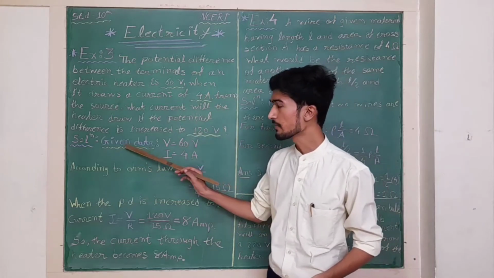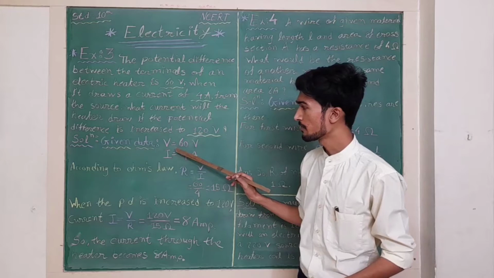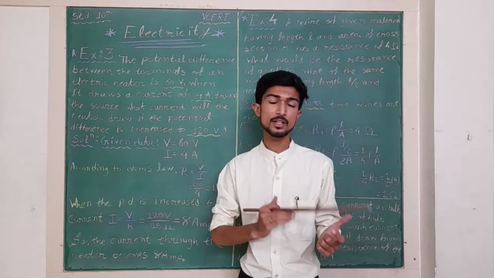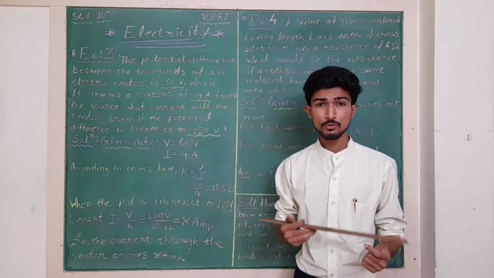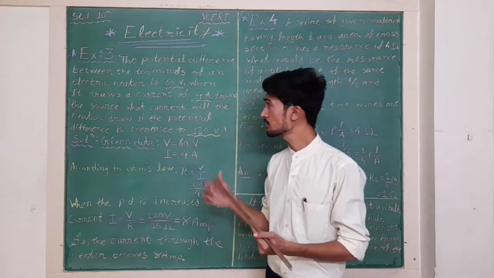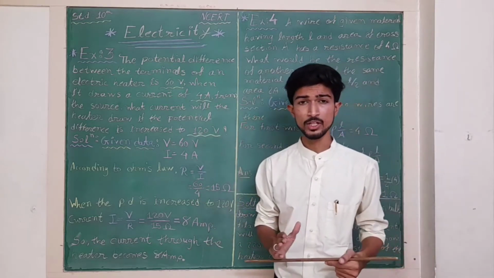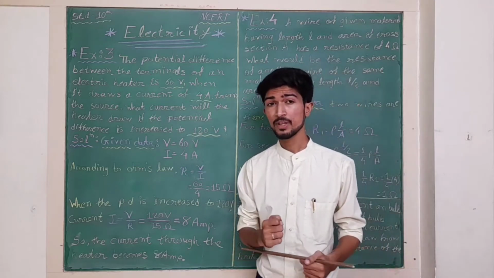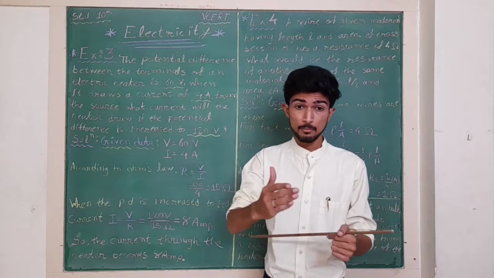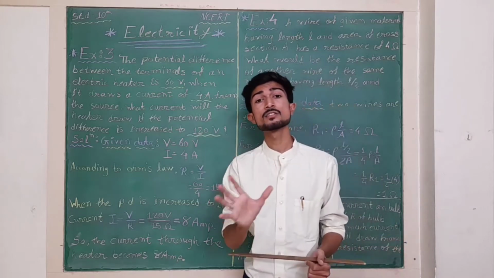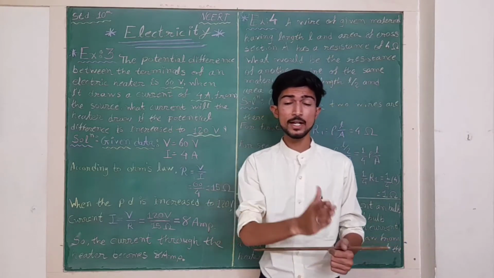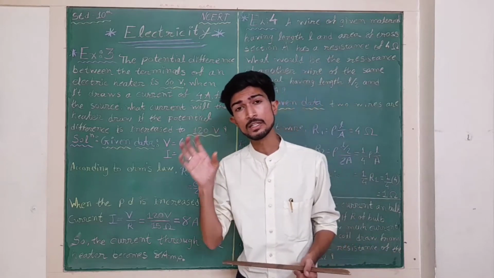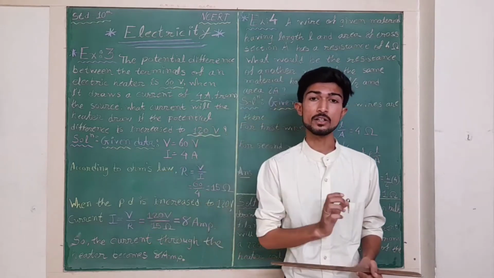Let's start. Given data: V is 60 volt and I is 4 ampere. That is for the first case. So which formula do we use? First of all, we have to understand the question carefully. We do not have the resistance of the electric heater right now. Both times the resistance is the same. Why? In the first case and the second case, the heater is not changing. The only change is in the potential difference and the current.